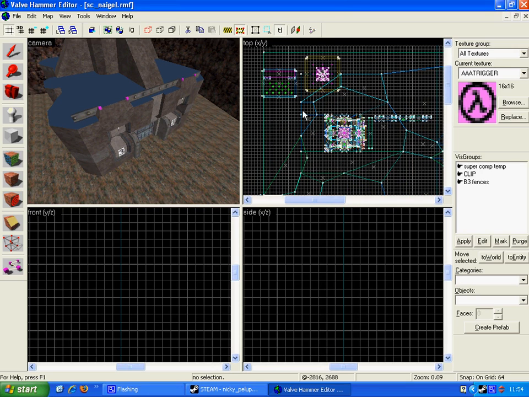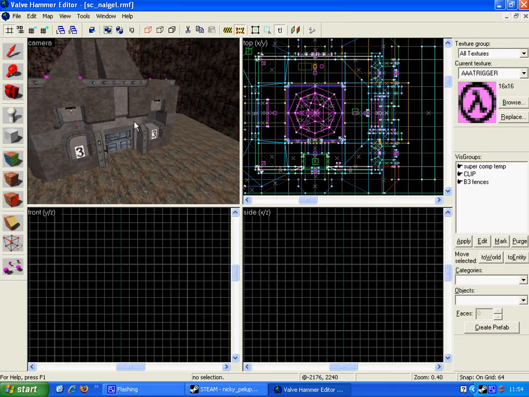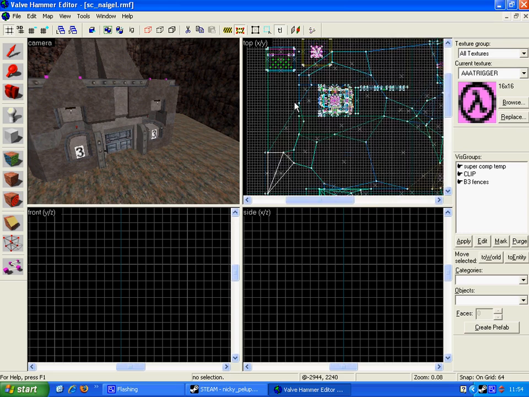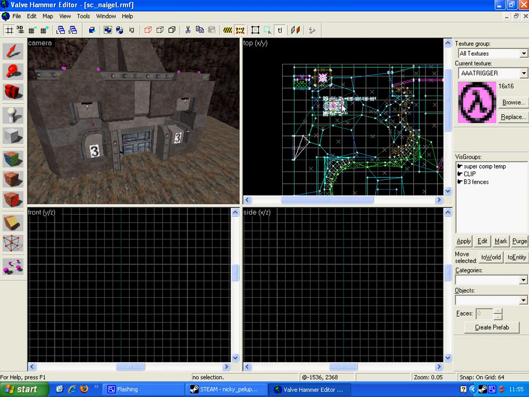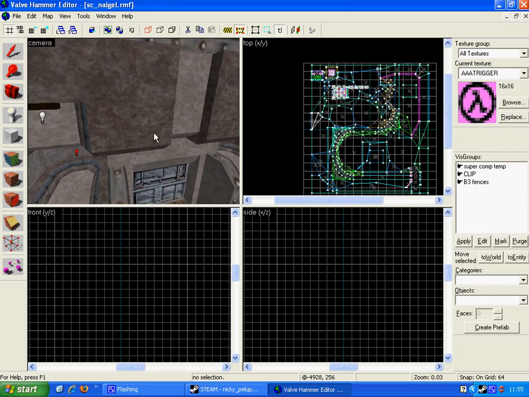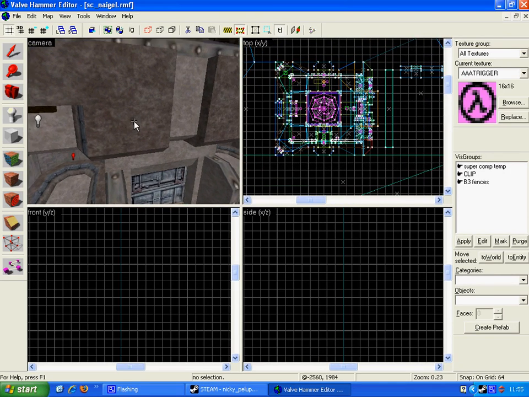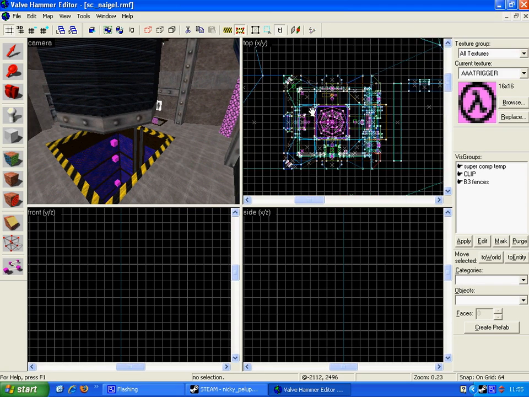In this case I made a fairly complicated bunker and a huge outdoor terrain. When I want to compile this map, I would compile the entire map, and if I want to see if the lighting is nice or if anything else works just fine, then I would have to compile the entire lighting, the entire map. I don't want to do that. That just takes too much time. So I'm going to show you how I'm going to compile just a part of this little bunker,